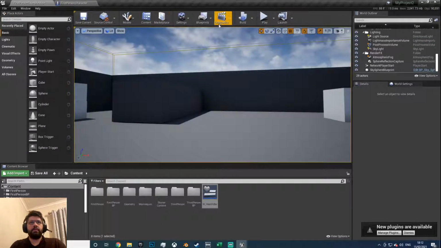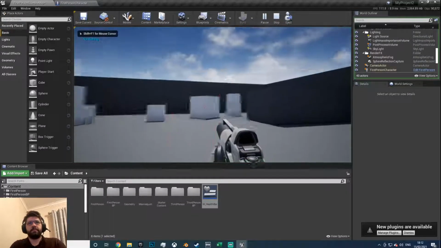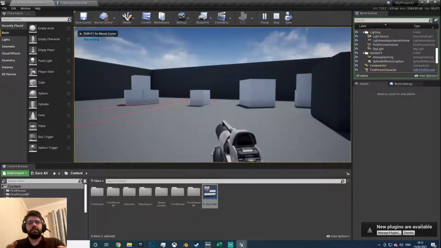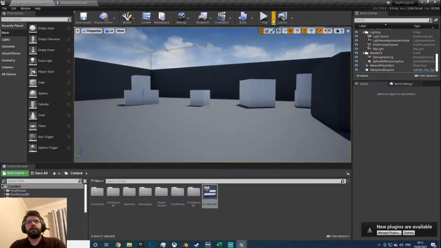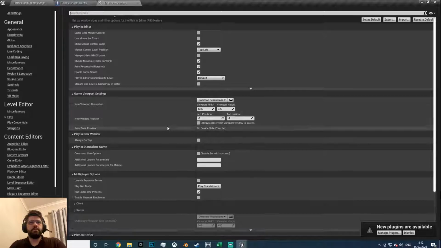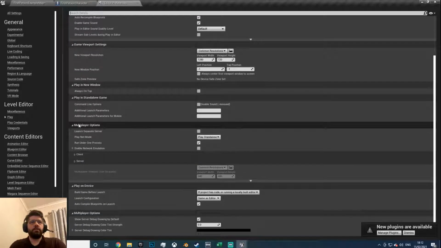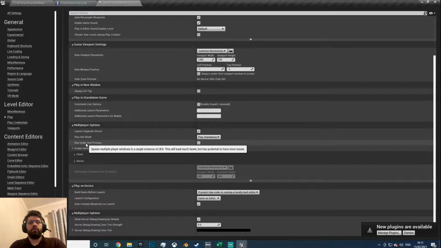Now if we click play, we're still going to see it, because the default settings of the engine are set up this way. So for you to see things visually and properly, we're going to exit out of there. I want you to come here and go to advanced settings, come down to multiplayer options. You want to check launch separate server, and you want to uncheck run under one process, and you can